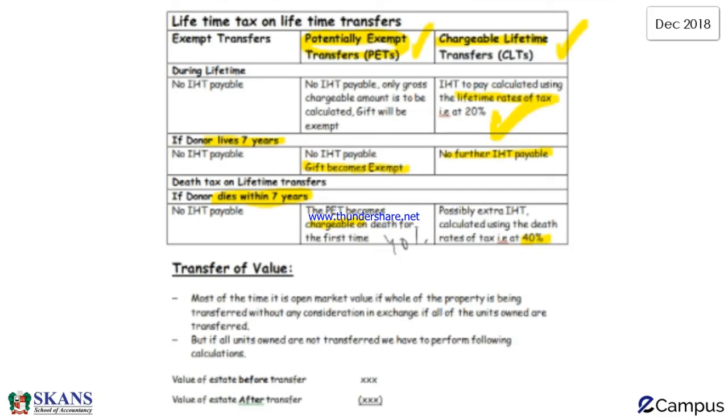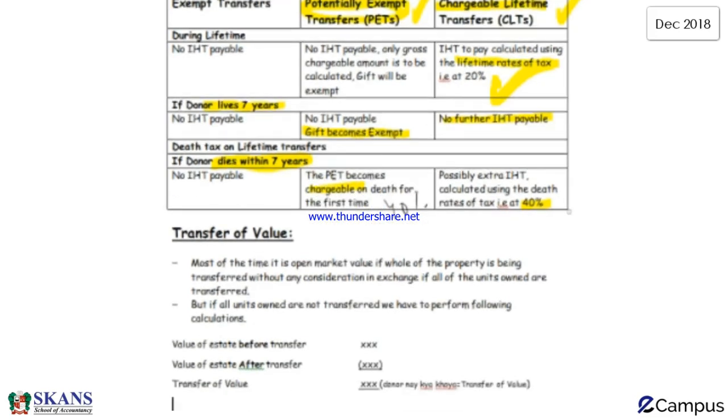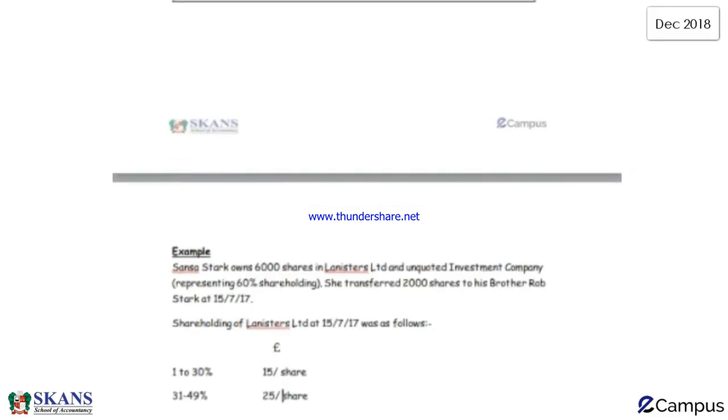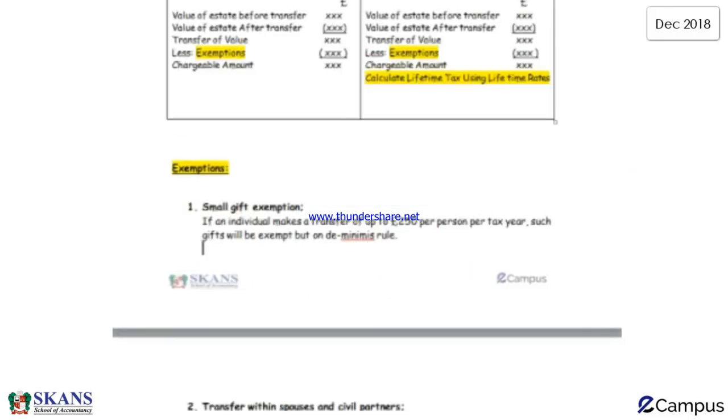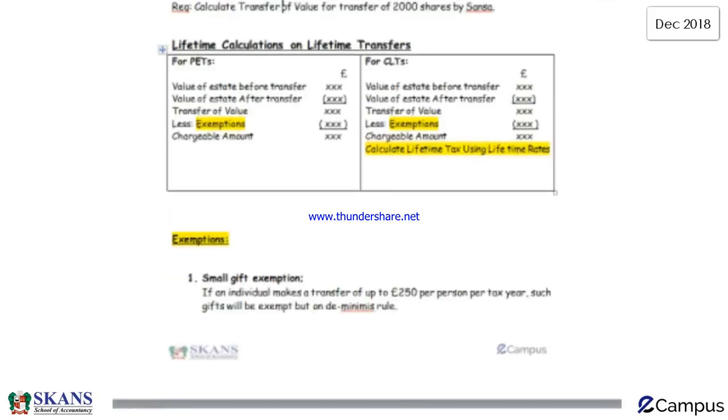So this is the treatment which we do for lifetime transfers. Now, if you want to know how we do the precise calculations on these transfers, we have to look at some examples. So now we are focusing on how to do lifetime calculations if an individual wants to make a lifetime transfer either to another individual, which is considered a PET, or to a trust, which will be considered a CLT. So these are the precise calculations an individual is required to do